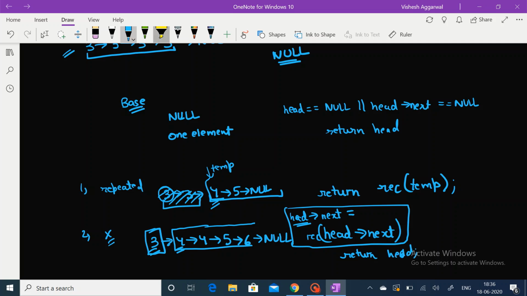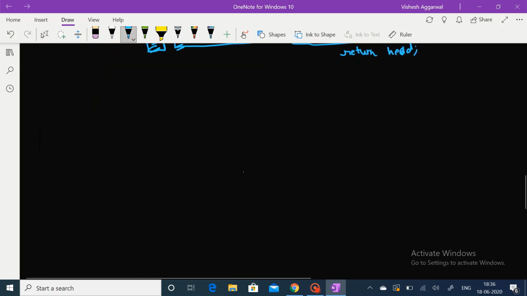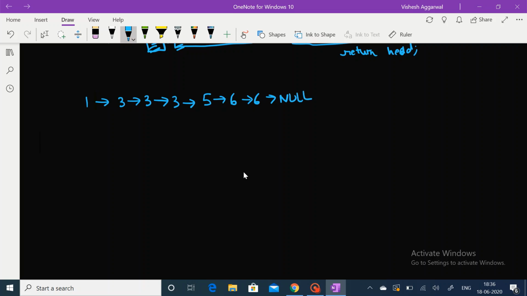Let's see with the help of an example what actually is happening here. Suppose our linked list is 1, 3, 3, 3, 5, 6, 6, null, and our head is pointed at 1. As head value is not equal to the next value, we will call the recursive function from the next node.